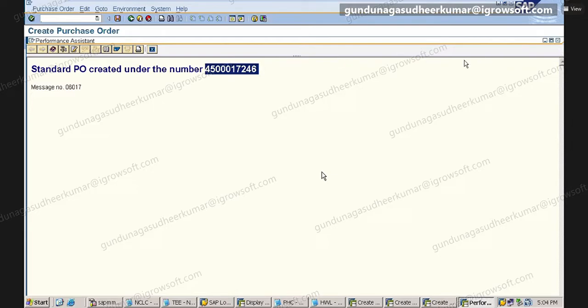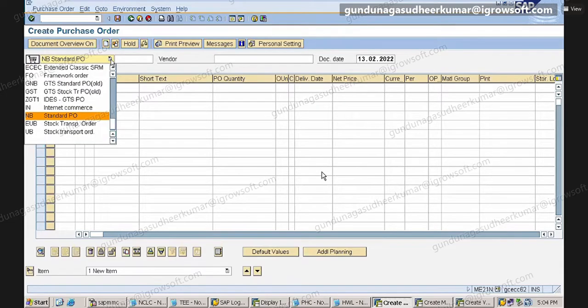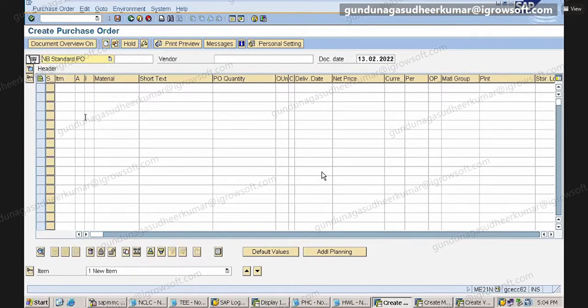So this is the order type. For standard PO orders, there is already some number range, so from that number range it is coming. You remember our internal order type, KO01? So this is nothing but order type. For the standard PO order type, some number range is maintained, and from that we are getting the number. So order we have given or not? Yes, sir.